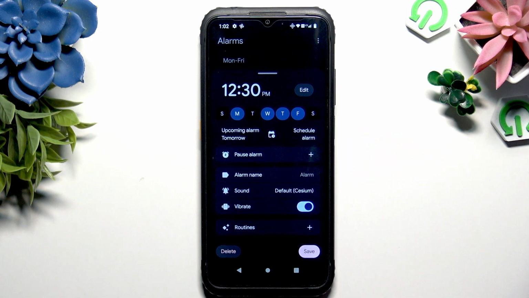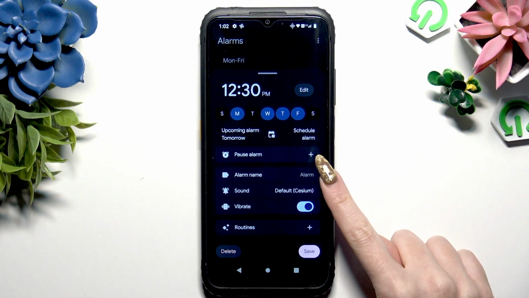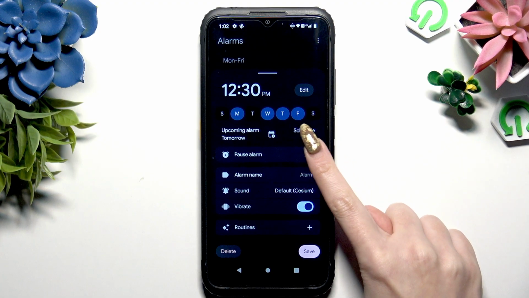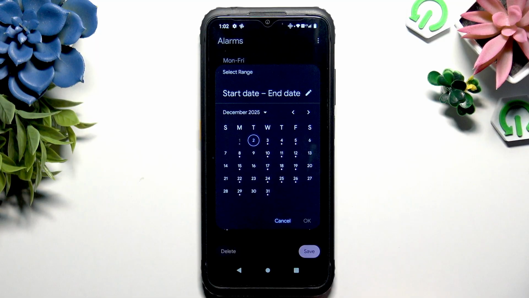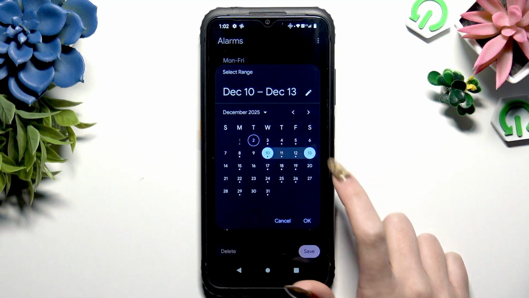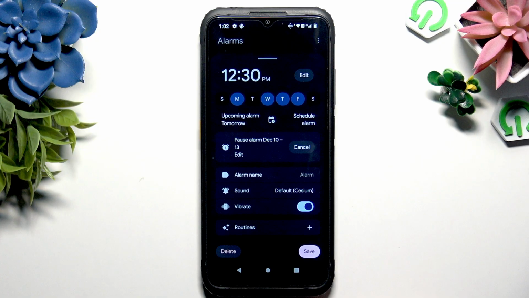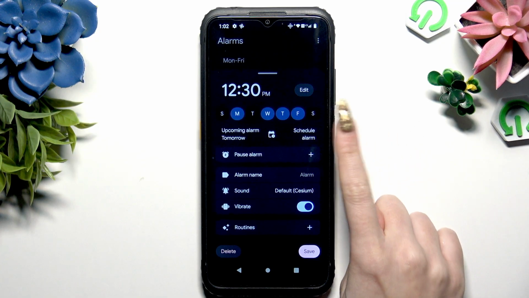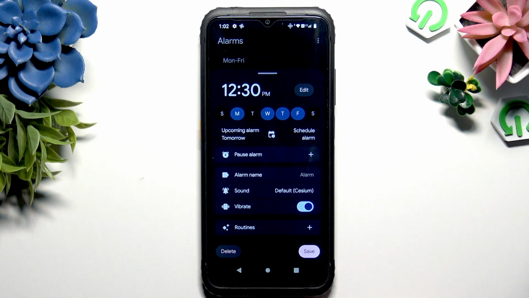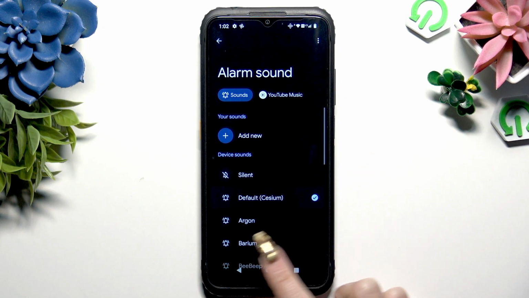If you wanna set up some exceptions, click on this plus next to pause alarm and pick dates in which you don't want for your alarm to ring. Hit OK to save them and cancel if you wanna discard them. Now hit alarm name to label it